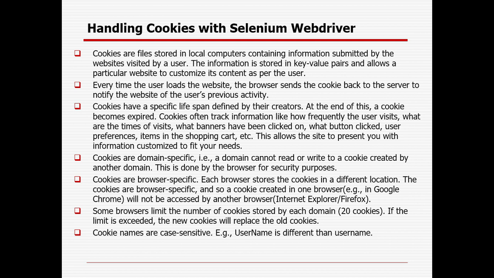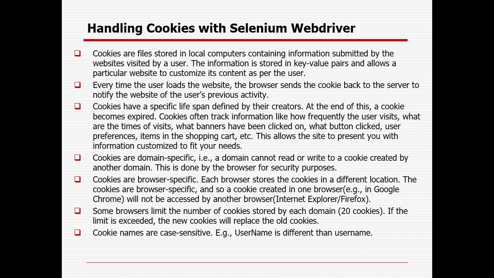Cookies often track information like how frequently the user visits, what are the times of visit, what banner they have clicked on, what button they have clicked on, what values they have entered, what are the preferences. In case you are going for a shopping website where you want to buy something, you can definitely view the shopping cart, all this stuff.